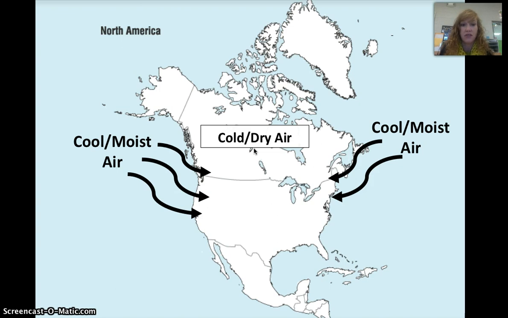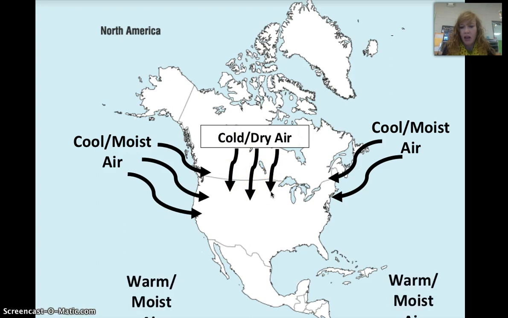It's wet if it's formed over an ocean, and it's dry if it's forming over land, and it's a warm or hot air mass if it's close to the equator, and it's cold if it's far from the equator. Okay, so this air mass is bringing cold, dry air to the United States. Then we have down here,